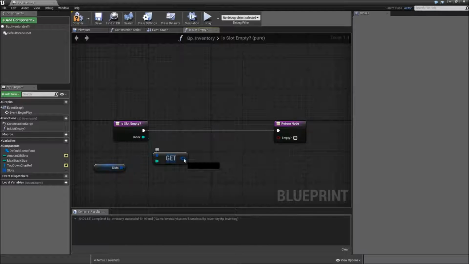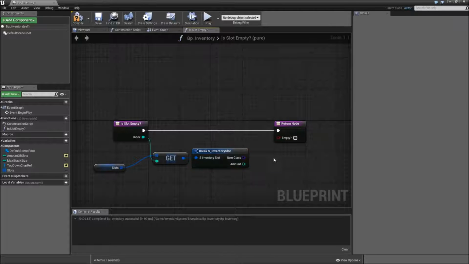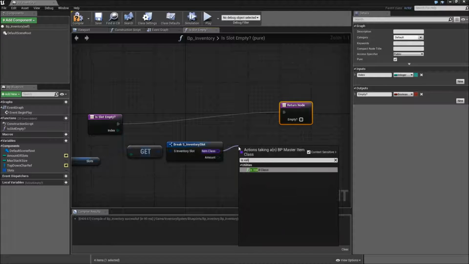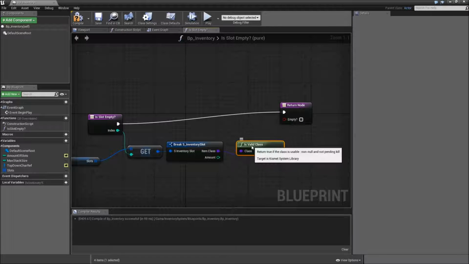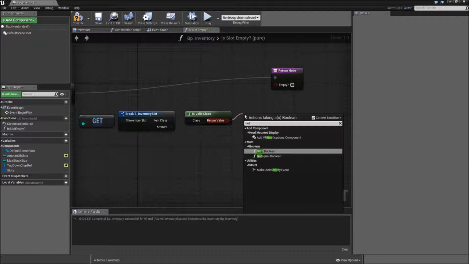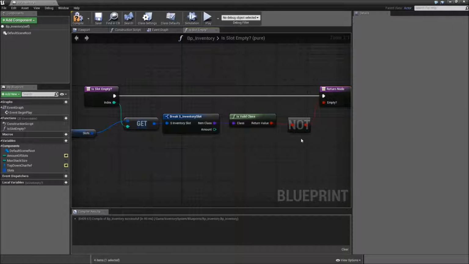and then you'll have to break the structure here and create a check whether our item class is valid. If it is valid, there is an item assigned to our slot, so it's not empty. Search for not and plug that into our empty output. And that's it for our SlotEmpty function. Compile that one and save,